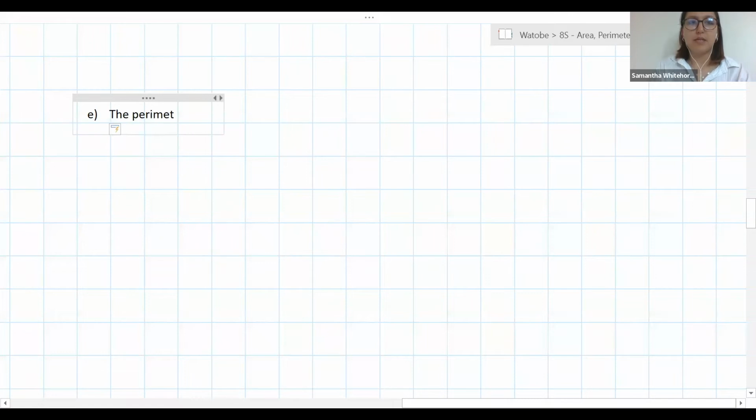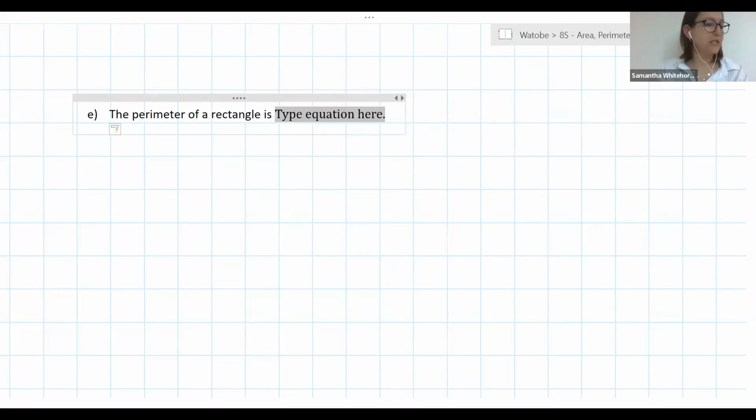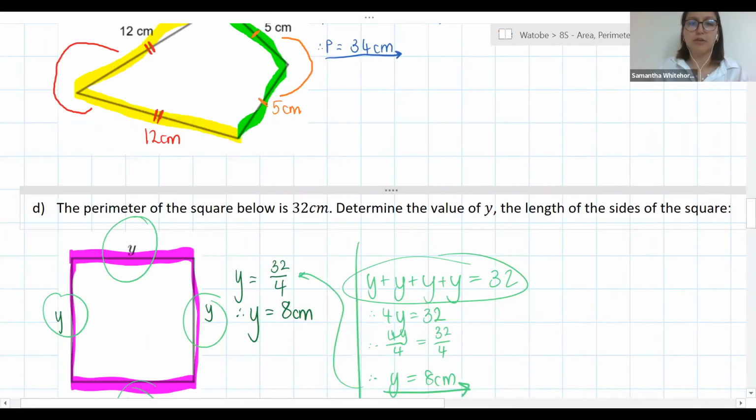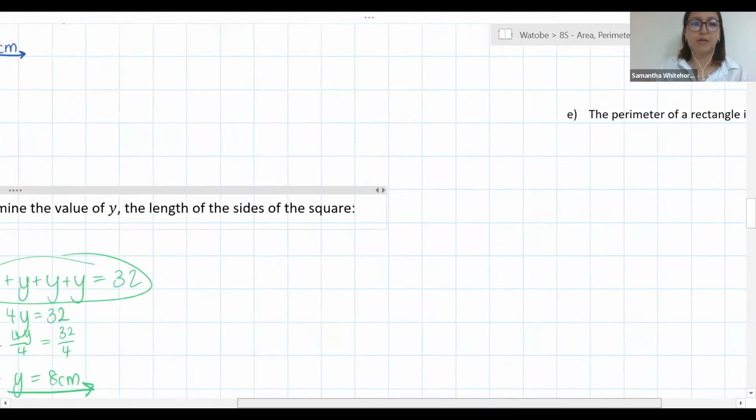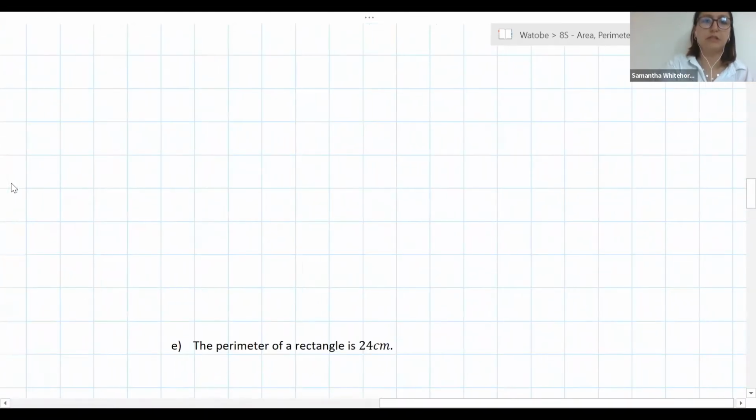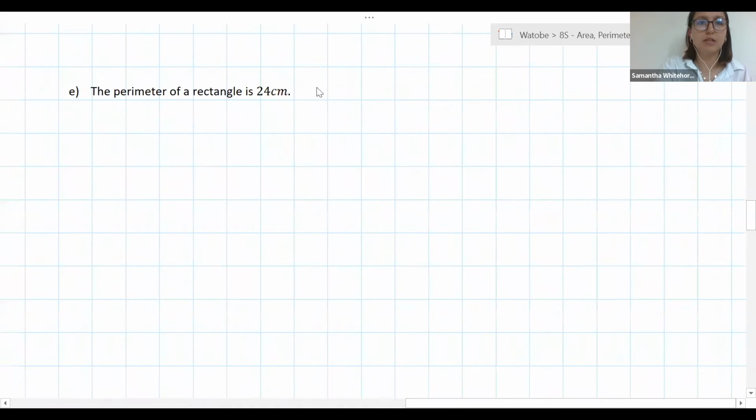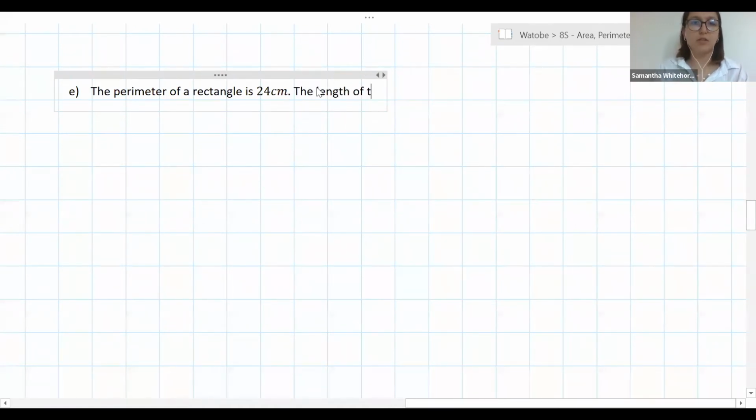The perimeter of a rectangle is 24 centimeters. Oh, sorry, everyone. Panic, panic, panic. It's all fine. This is my daily life. 24 centimeters. The length of the square, not the square, the rectangle,